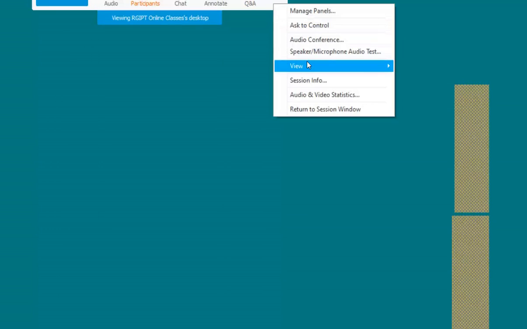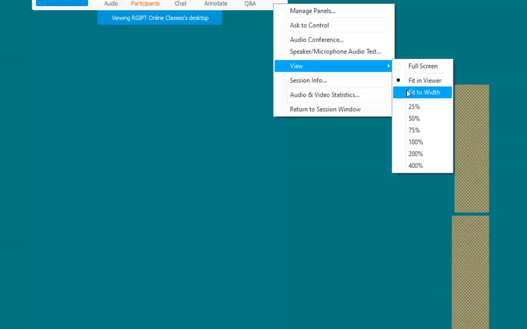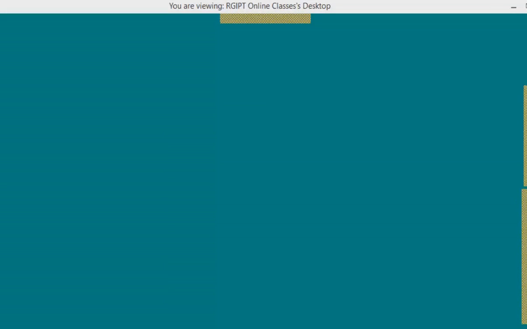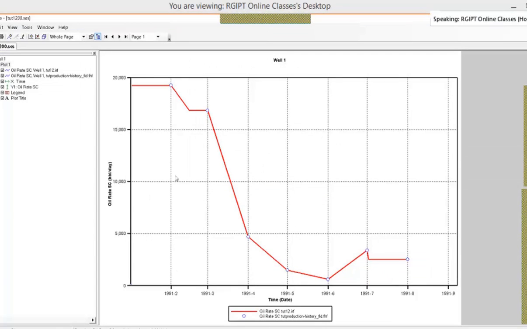Open field history. This one, we have made this production history open. So again, one more, let us add production history, oil rate. What you can find in the legend is our production history. These dots are the production history, and then the oil rate SC from our generated model. At different points we have the production history. It is not a continuous line, but our simulation results is going to be a continuous line.